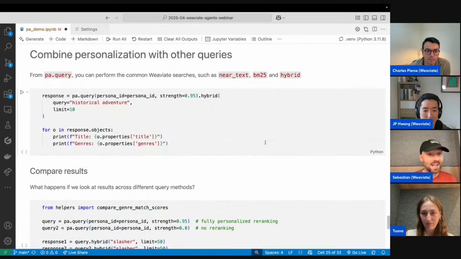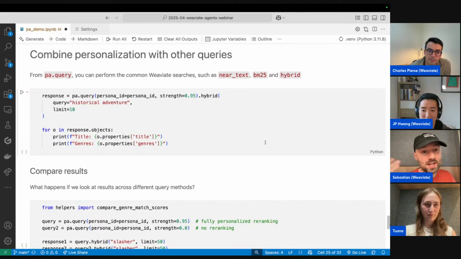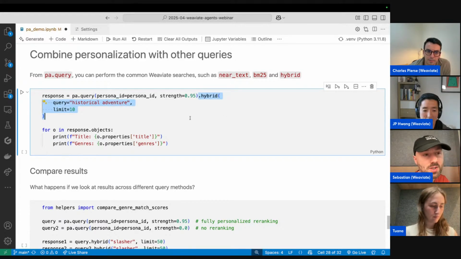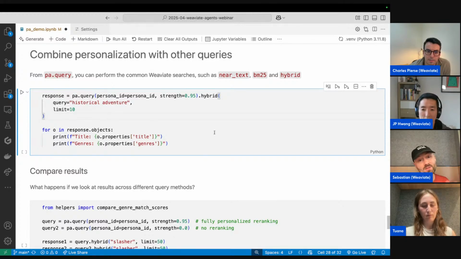And again, this is basically how it goes with agents. We can build on top of that even more. If you've used Weaviate before, we could run a hybrid search query. This is one where we run a vector search and a keyword search in one go. And I want to run a query first, looking for historical adventure with 10 objects. This will actually run the query and even overfetch, getting more than 10 objects.